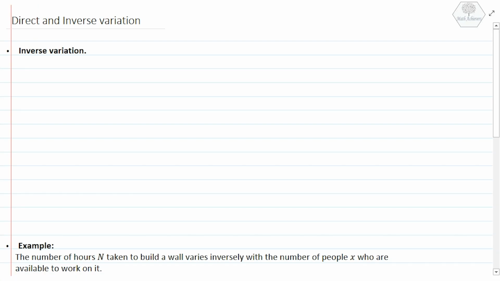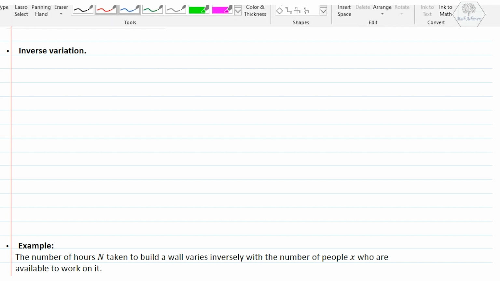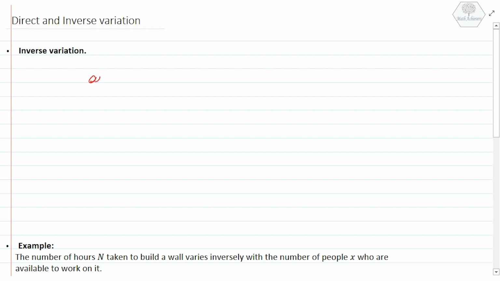Let's now talk about the inverse variation. The inverse variation, from its name, is called indirect variation. As x increases, the value of y decreases, or as x decreases, the value of y increases. So I can write it as y is inversely proportional with x, or y is directly proportional with 1